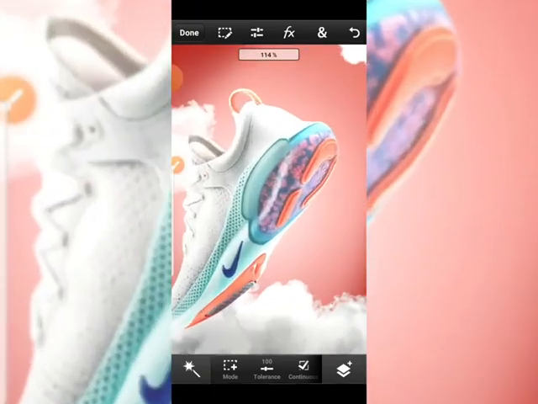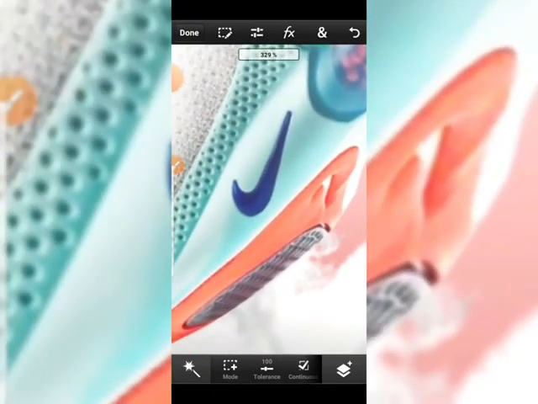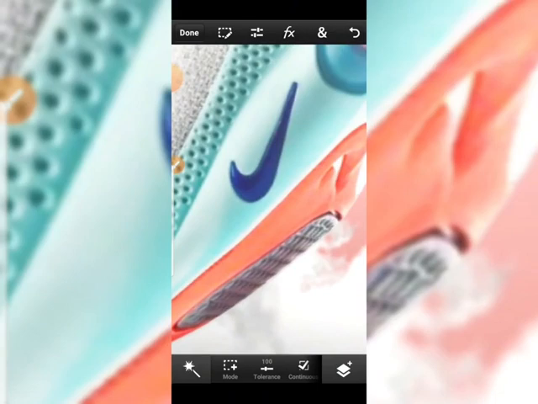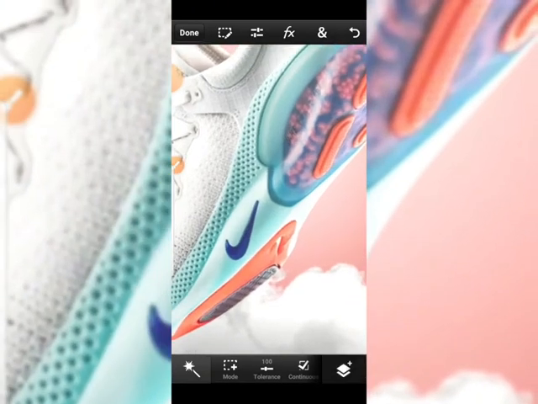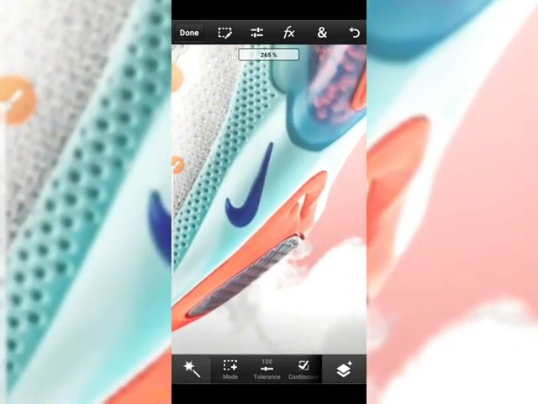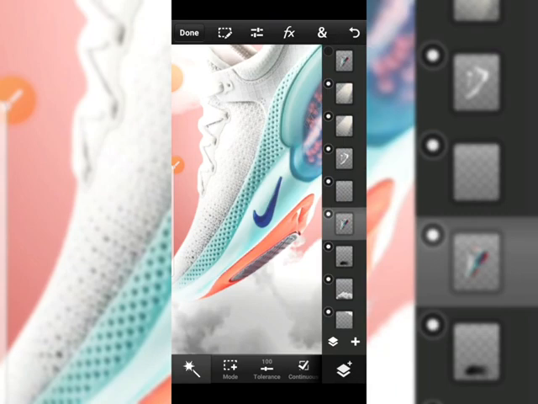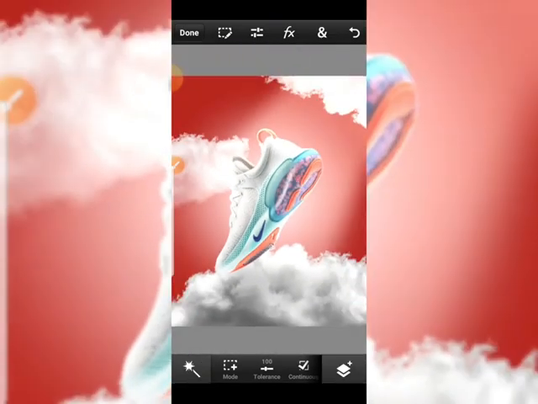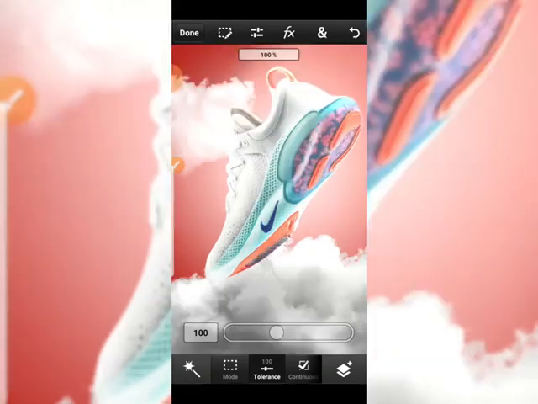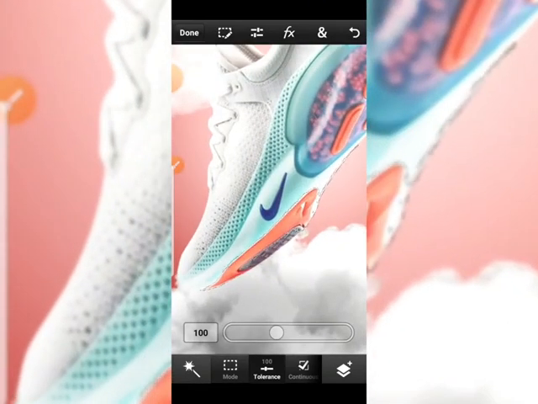So now let's zoom in and click on this. I'm sorry, select or saturate, click on this. Okay, deselect. Okay,